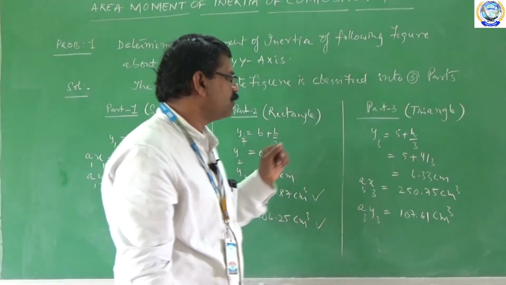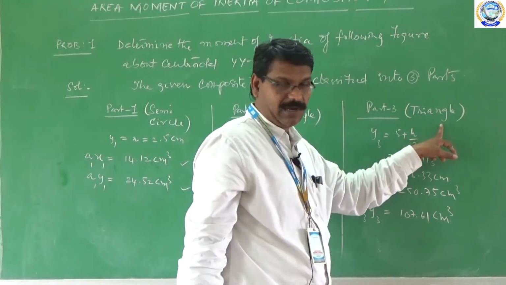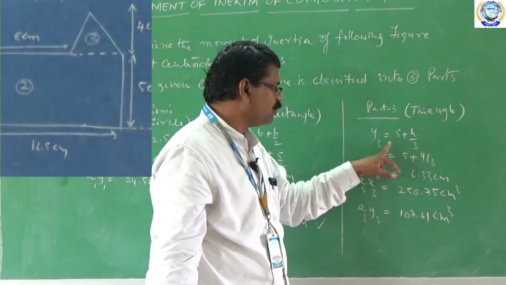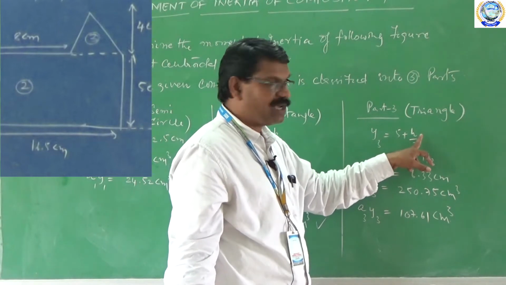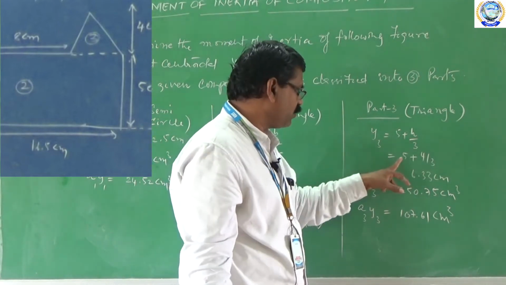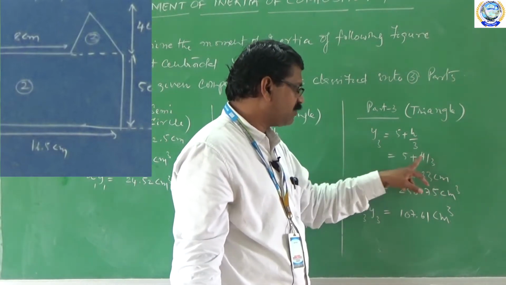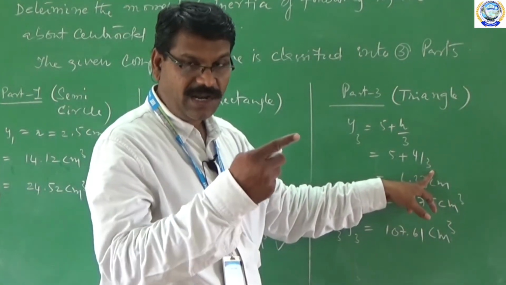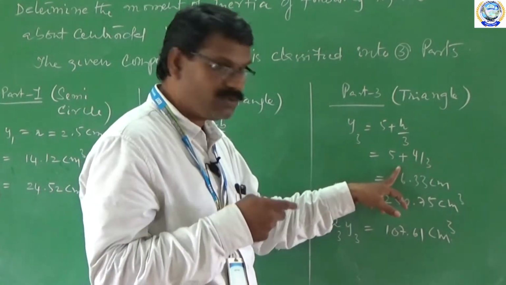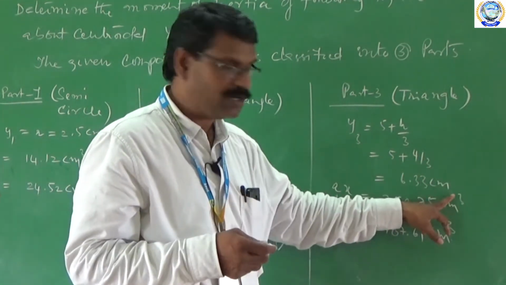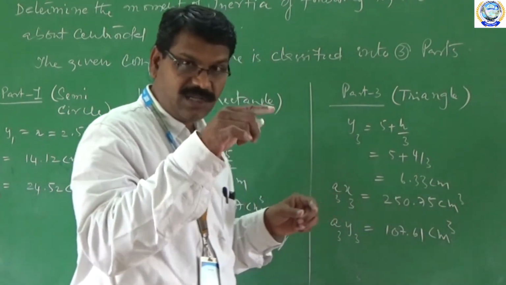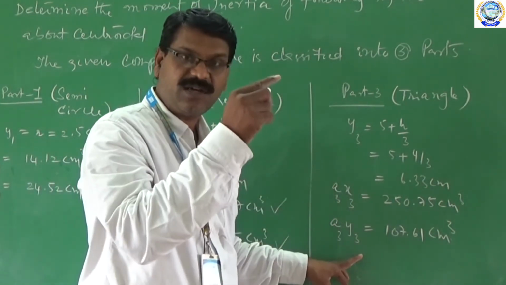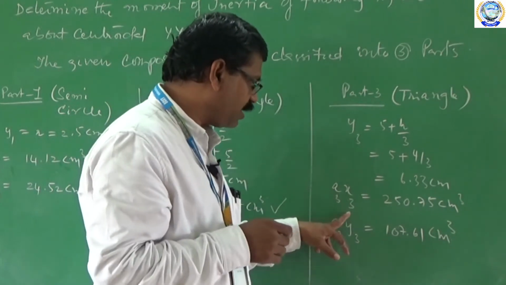Similarly, coming to the third part denoted by triangle, in this triangle we need to find the y coordinate, that is y3 is equal to 5 plus h by 3. Here my h is representing height, therefore 5 plus 4 by 3. After simplifying, 4 by 3 gives 1.33, and adding 1.33 to this 5, we will get 6.33 centimeters. Therefore, now utilizing y3 and a3, we find a3 y3, and utilizing x3 and a3, we find a3 x3, that is equal to